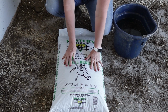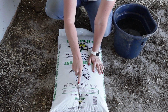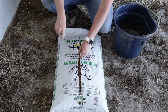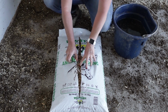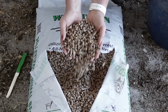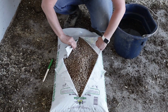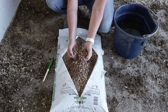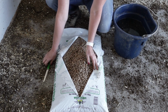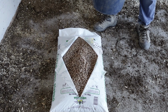All right, one thing that is so cool about these bedding pellets is how they react to water. So what you can do is just open up the bag, put some cuts in it, and you can see it's wood pellets. Pretty cool, huh? Now, I don't like my horses to sleep on hard pellets because that would be painful. So you can either get all of the pellets wet, or if you don't have water in your barn,